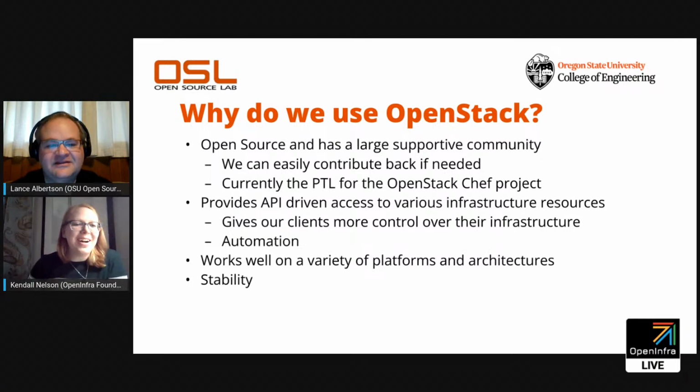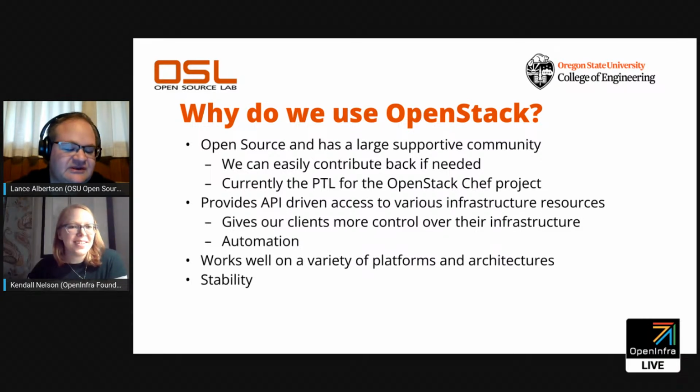I love it. Speaking of collaboration, we are working with another unit on campus that does a lot of the biocomputing stuff. We're probably going to be using the Ironic system quite a bit more to provide access to some folks on some of the power infrastructure and the GPU stuff as well. So it's going to be expanding quite a bit.